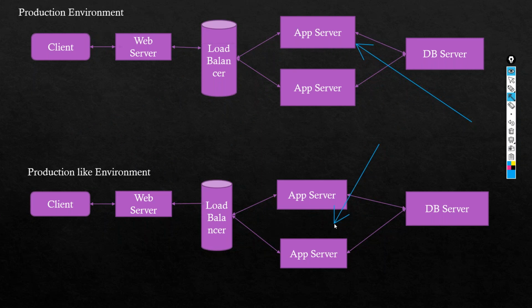It doesn't mean that we cannot do performance testing if these 2 are not similar, but there is a risk involved. How? For example, if there is only 1 app server in production, and in performance testing environment you configure 2 app servers and test. Because there are 2 app servers, the load distributed to each will be less. When you test it, you will say everything is fine, response times are within SLA. And when it goes to production, if there is only 1 app server taking the entire load, the performance might degrade. You will get higher response times. Sometimes the application might crash.